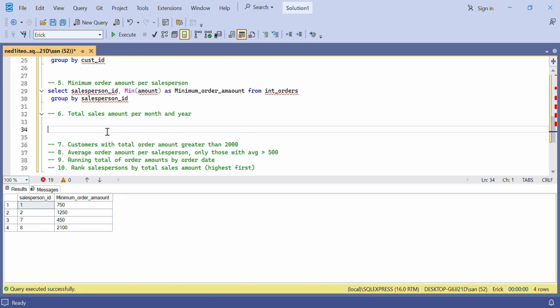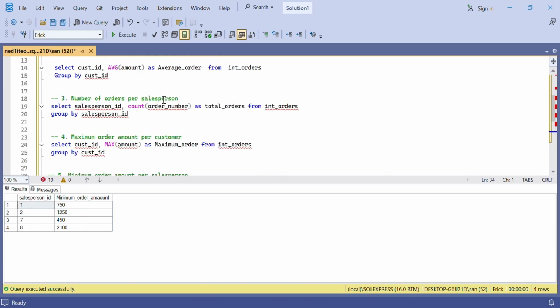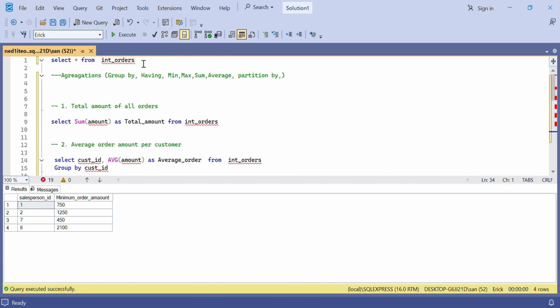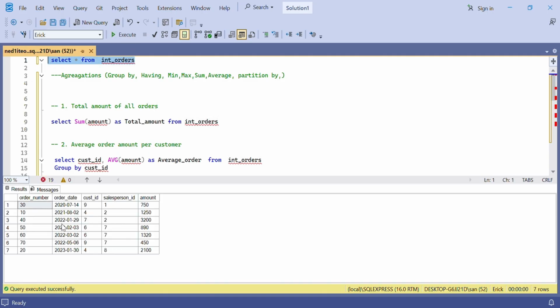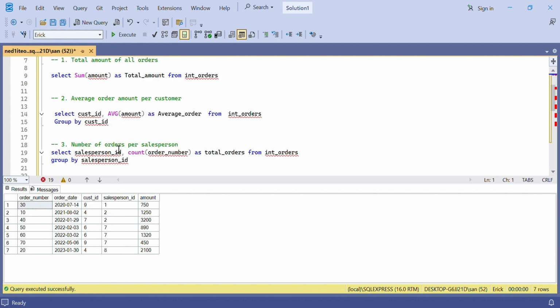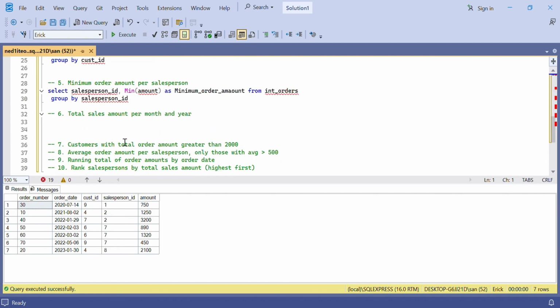extract year from the orders table, from the order date. We'll have to extract year and month, and then we find the total sales amount, and then we group by year and month. So let's just do select. To show the function for extracting year, just write YEAR,